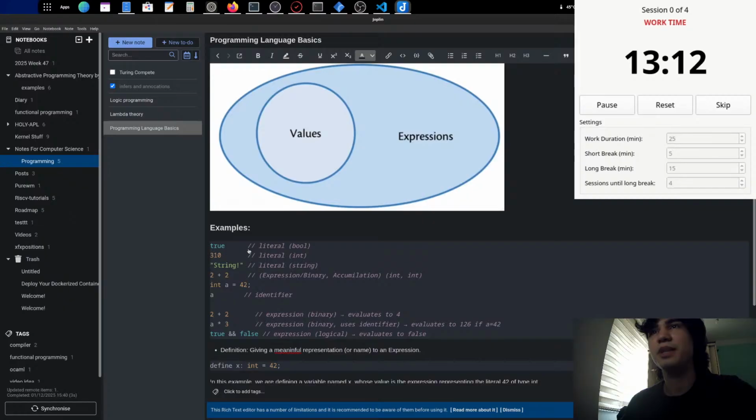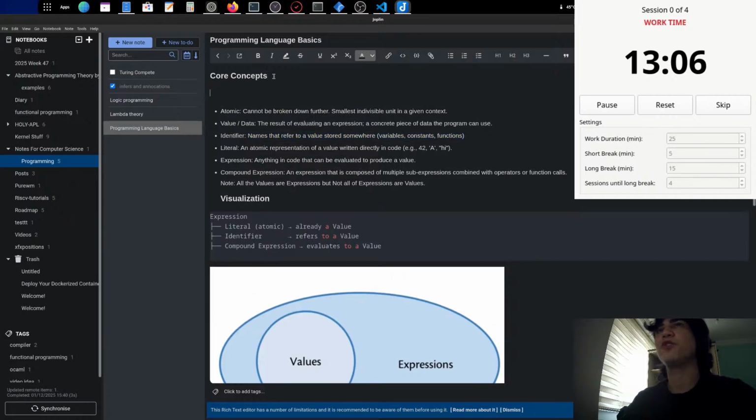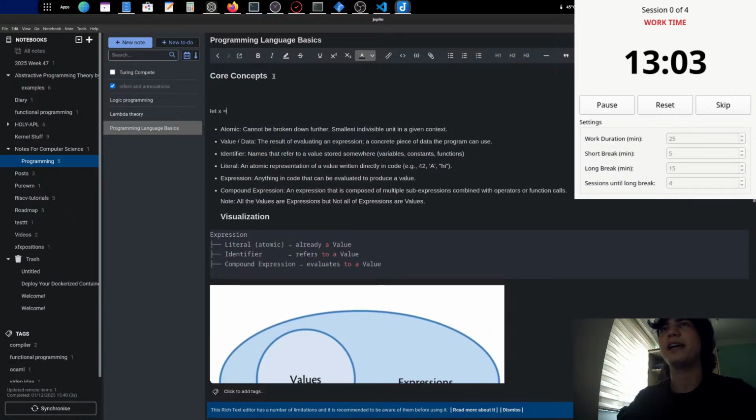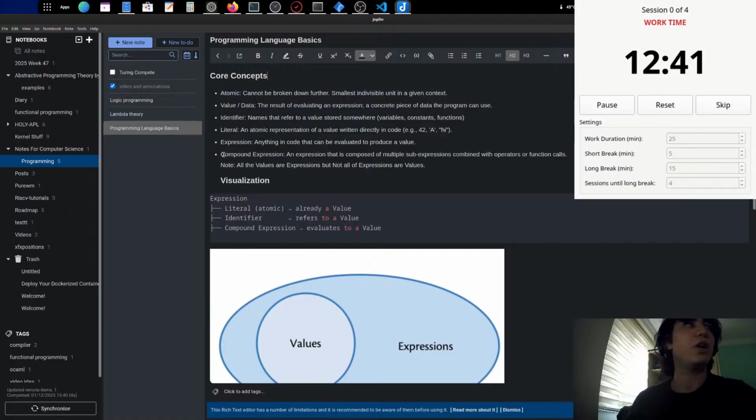Alright, so here's an expression. The true. Alright, let's go into the literals. Identifiers are just variable names. For example, when we do let x equals 5 plus 3, here the x is the identifier. And what is a literal? It's like an atomic representation of a value. For example, strings are just literals. So string is one of the literal types that we can use. Also, we have